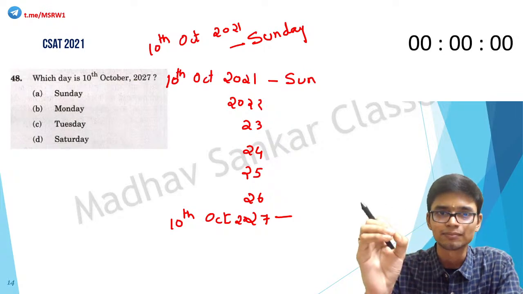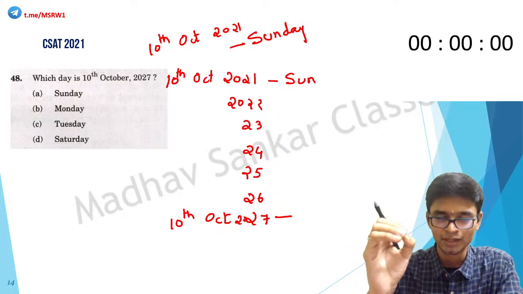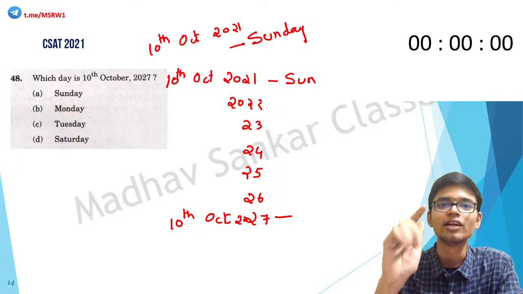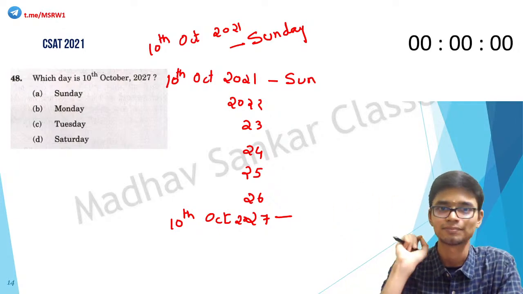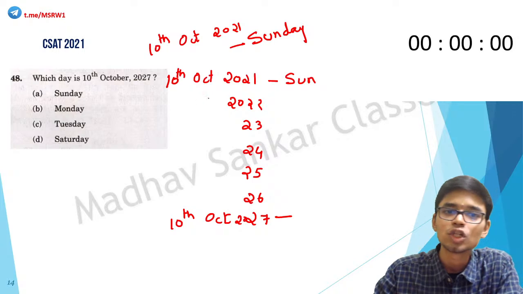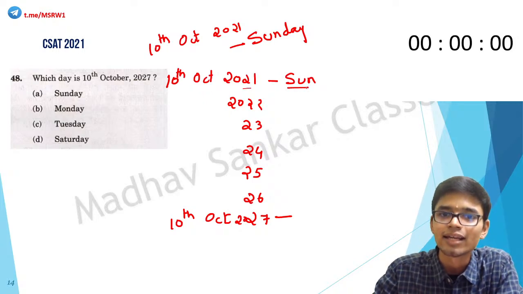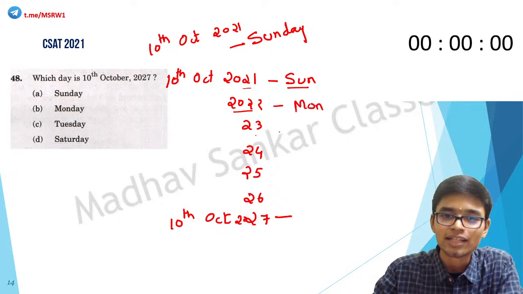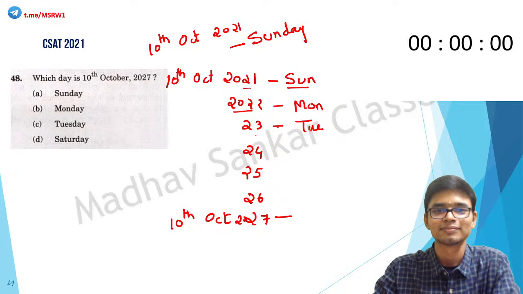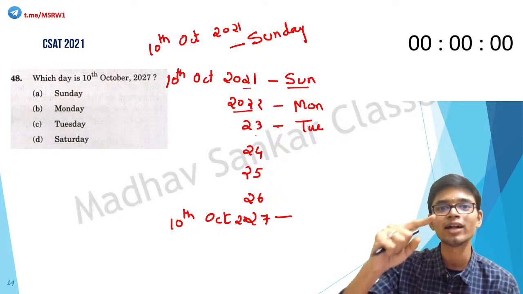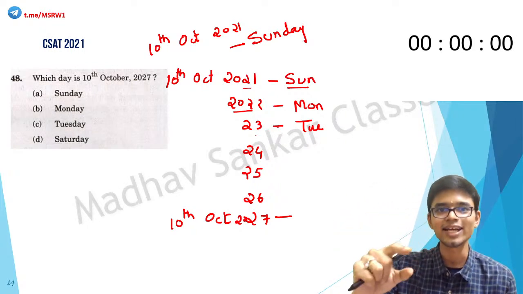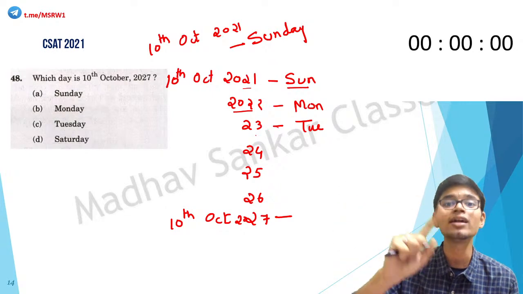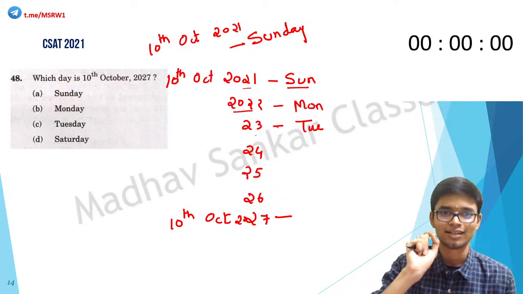The same date of the next year will be 1 day ahead of the current day. So if 10th of October 2021 is a Sunday, then 10th of October 2022 will be a Monday. 2023 will be a Tuesday. That is how it goes. Only 1 day difference. The same date of every adjacent year will be 1 day ahead, except in case of